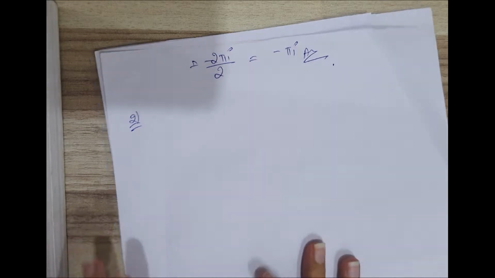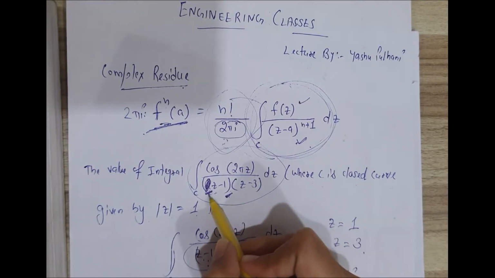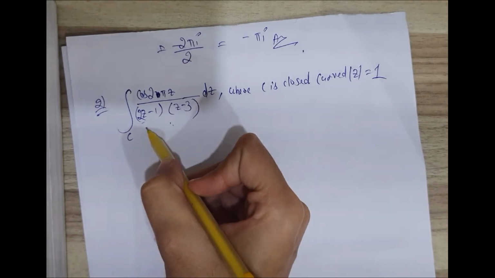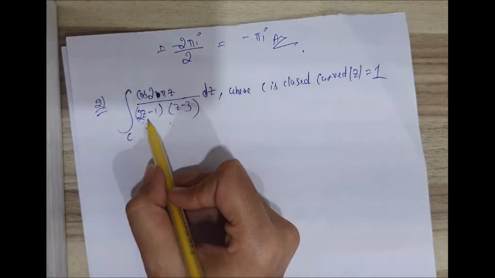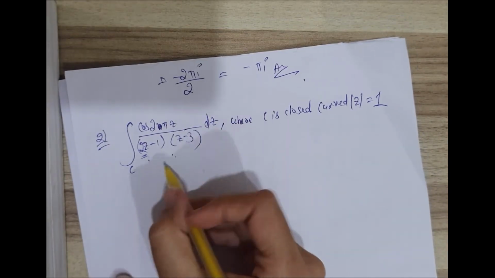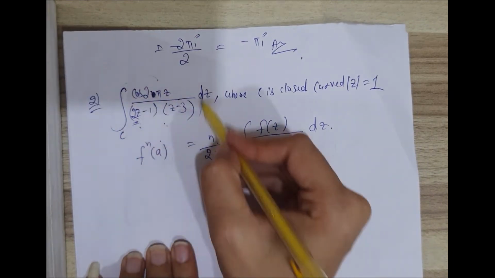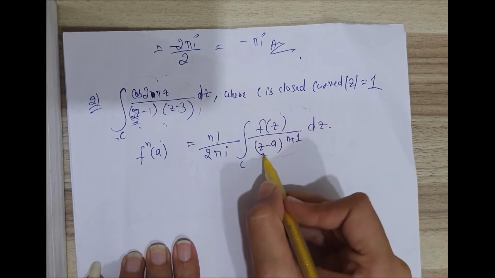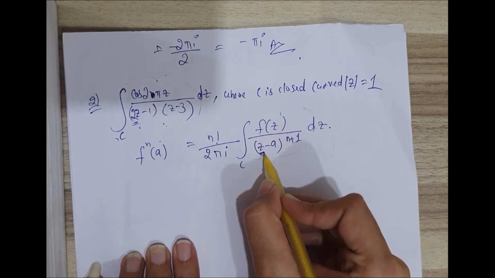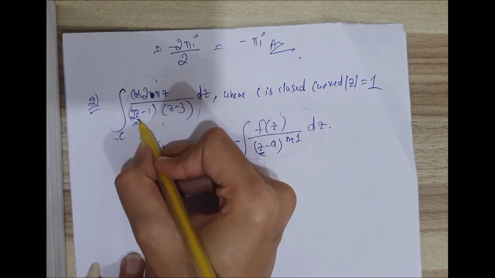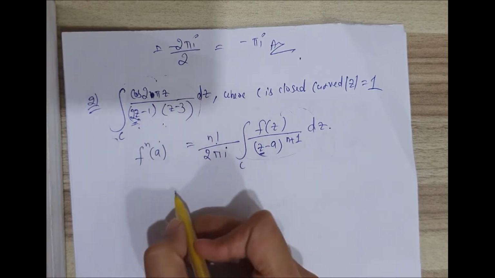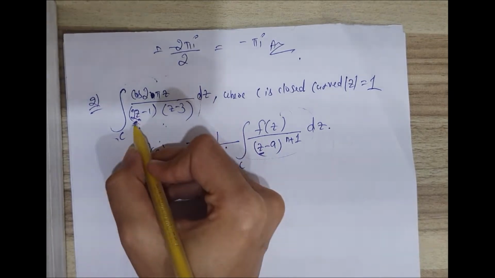Now the second question. In the second question we will solve with a coefficient of z. This is the same question but the only difference is that this question has a coefficient of z. Now how do we solve it? Firstly, I am writing the formula again. We have to compare this with this. Here you can see there is no coefficient of z, so we have to remove this coefficient of z. How do we remove it? We have to take this 2 common.